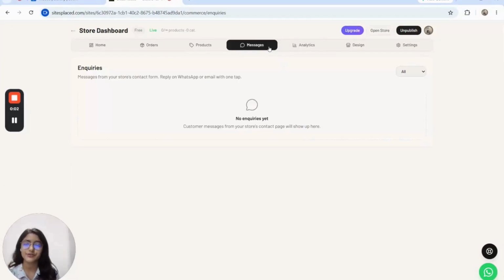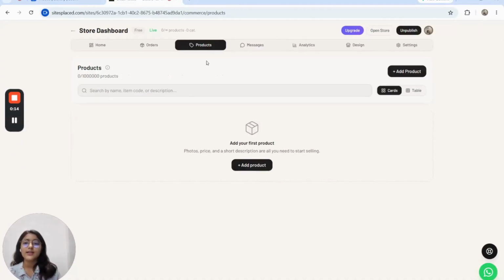In messages section, you can view inquiries, respond to questions, and manage all customer conversations from one convenient location. Then the products section is where you manage your entire catalog. You can add your new products, edit existing ones, organize collections, update pricing and inventory, and keep your store catalog up to date.